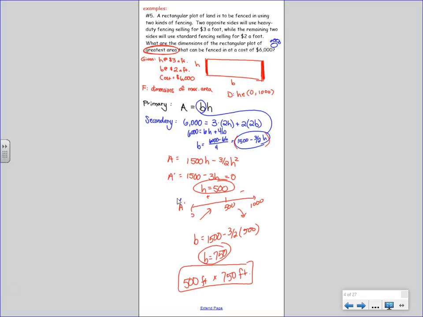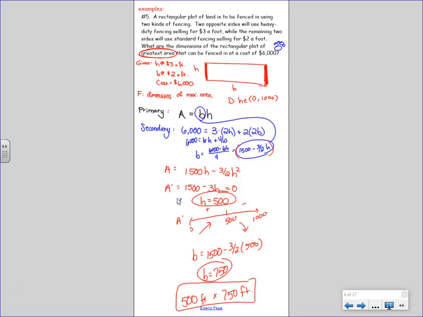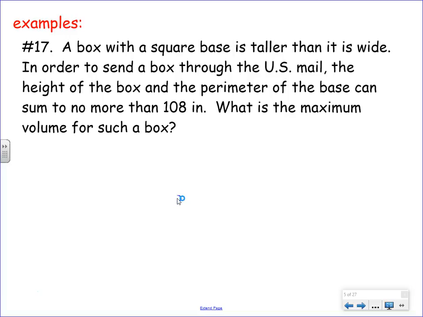Okay, so we did one that was kind of more mathy. We did one that was more practical application-y, if that's actually a word, which it's not. Let's go back to another one that's